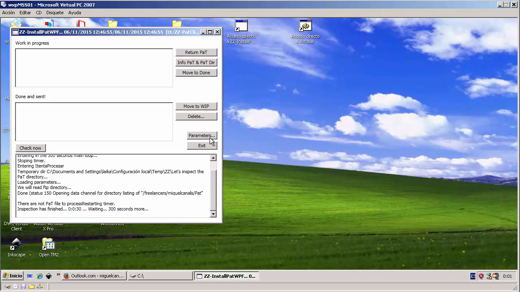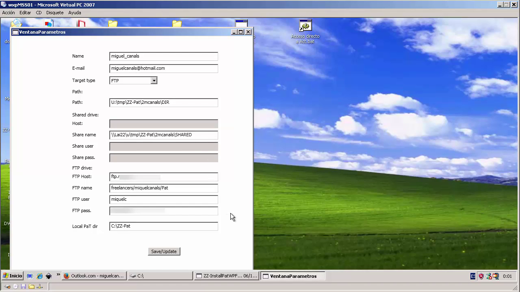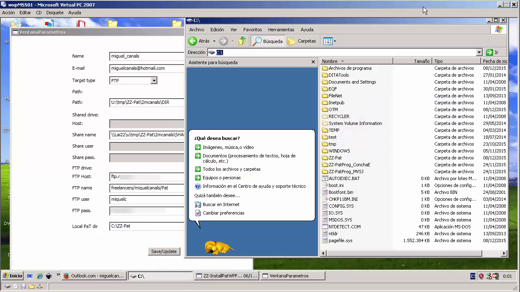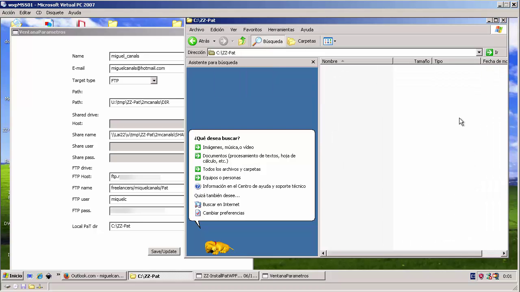I want to show you that in the parameters we have opened the parameters dialog, and here there is several information like translator name, or also there is the FTP information in order to detect the PaT files in the exchange area. But also there is one parameter, it's called the local PaT directory. If I open in the file system and I go there, you will see that right now this directory is